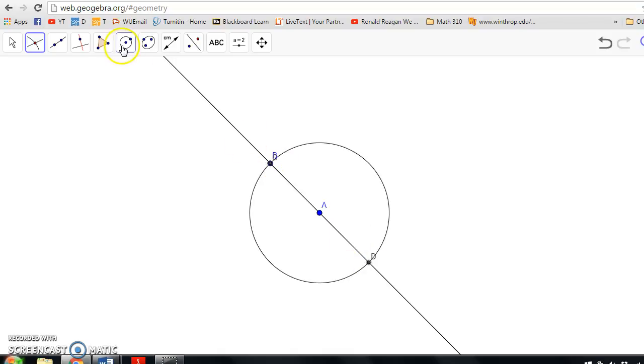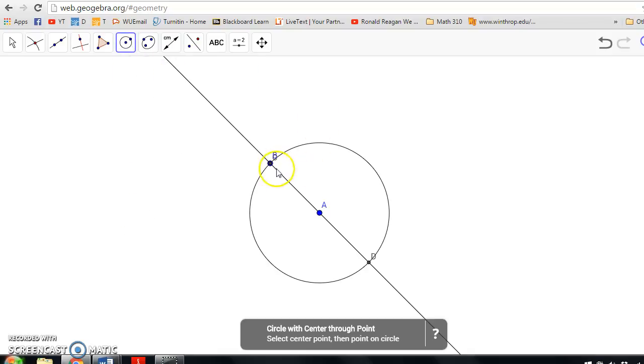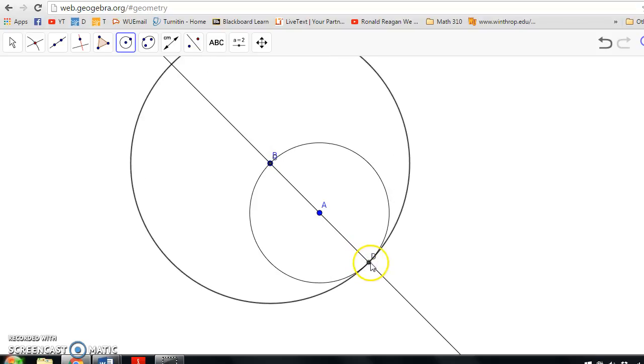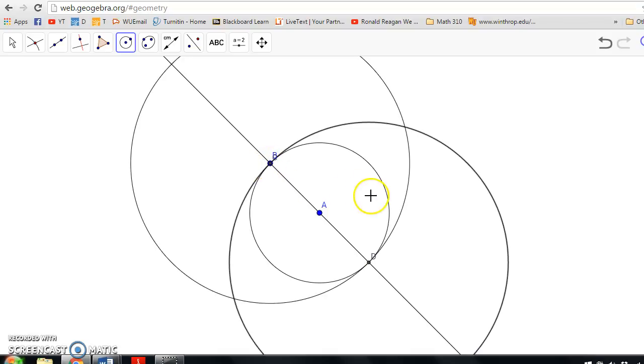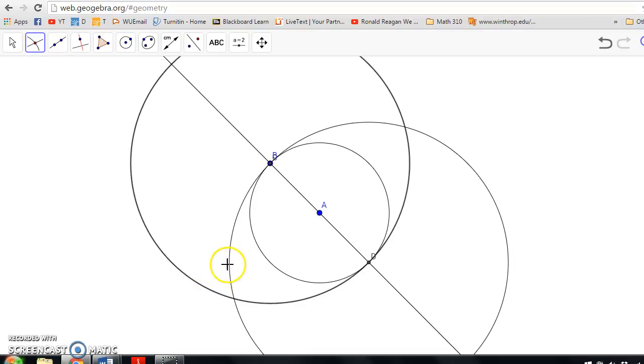So what we're going to do now is go back up here, circle with center through a point, click on point B, and then click on D, and then do the same with D as the center, and then B. So right now we kind of have this eye shape in the middle. What we're going to do with that is find out where these 2 circles intersect. So we're going to click on this, click on both the circles to find where they intersect,